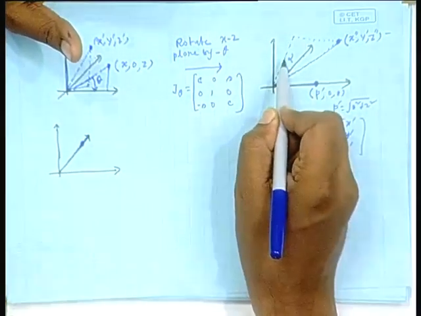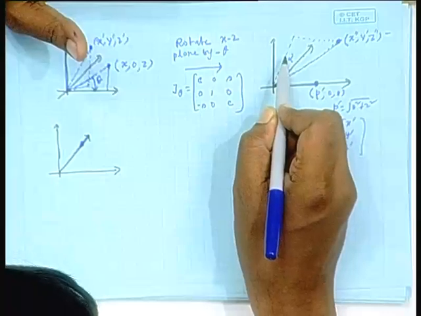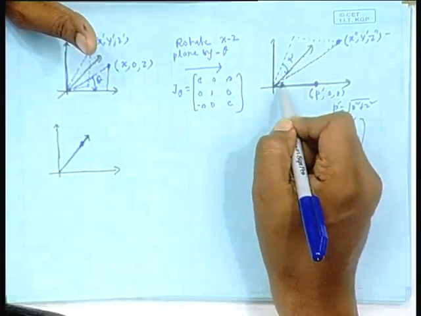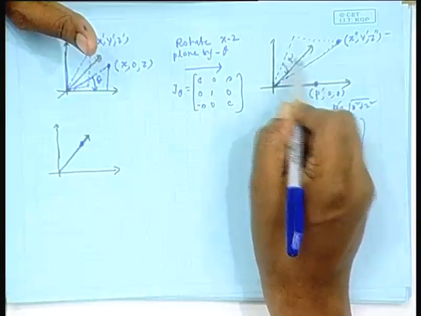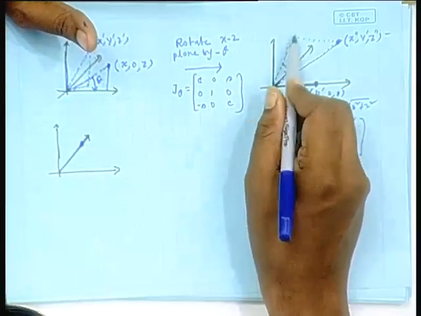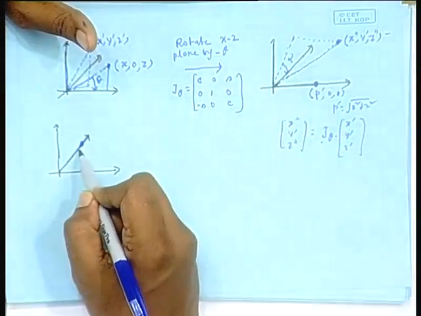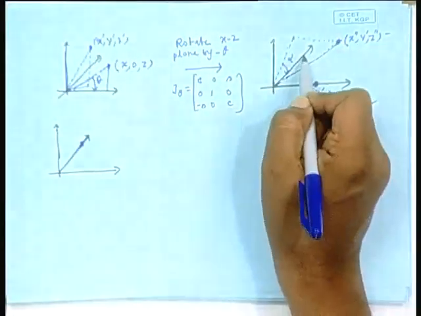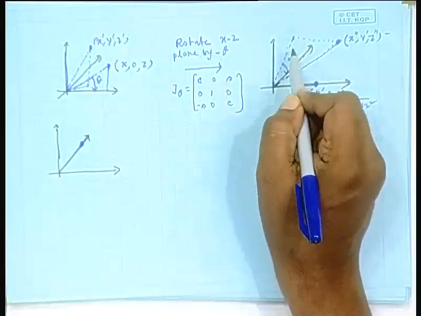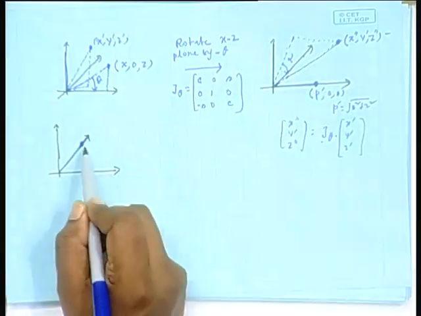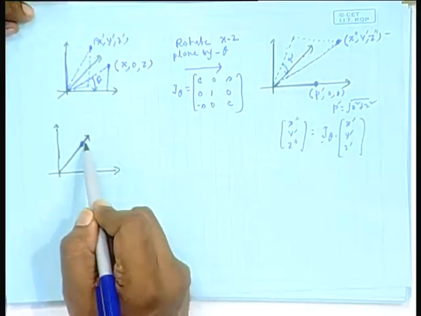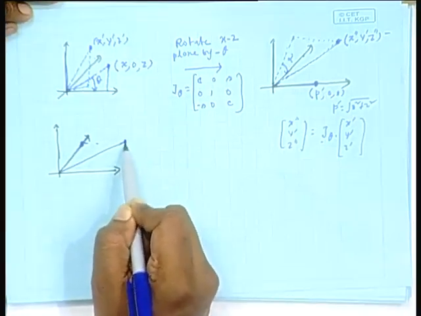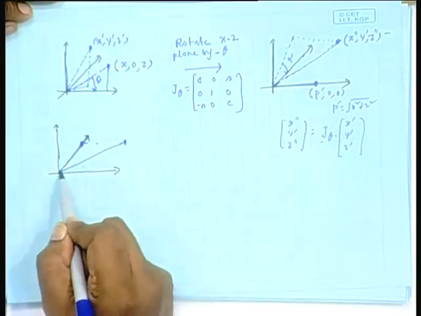This projection actually, I should have said this projection comes here. Just a slip of tongue, instead of pointing at this, I pointed at this. This projection will be on this, because the projection was in the yz plane. I rotated yz so that this y axis comes along with that projection. So, this is the projection, x value remains intact. It will be somewhere here, and our original guy is here.